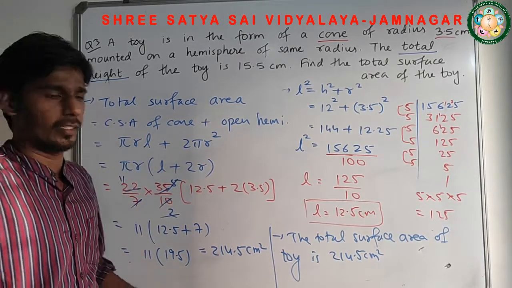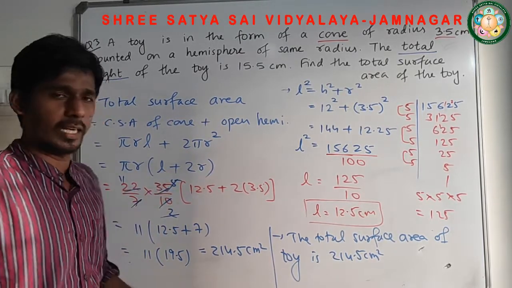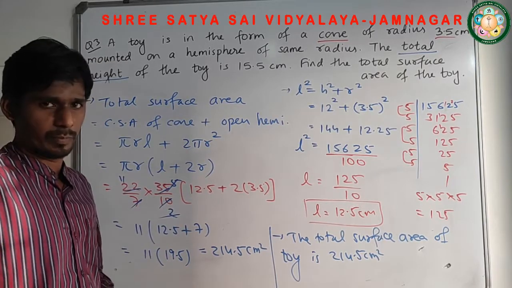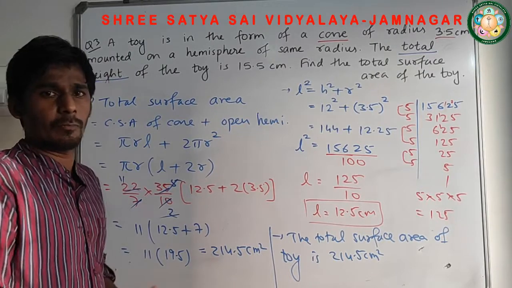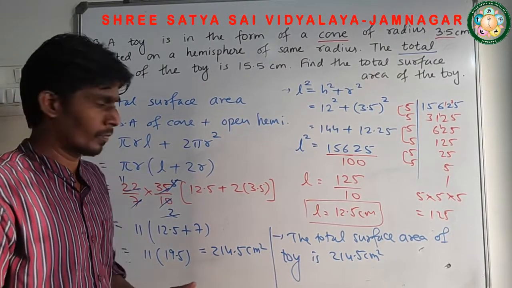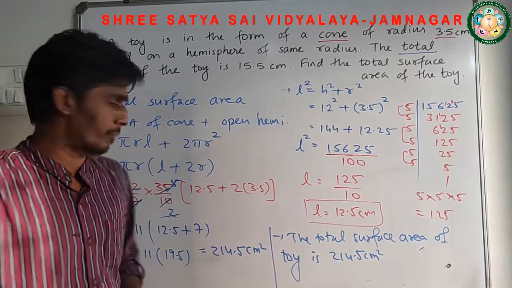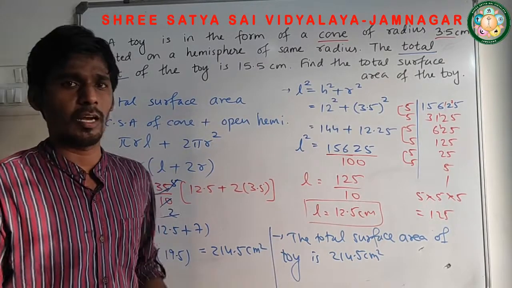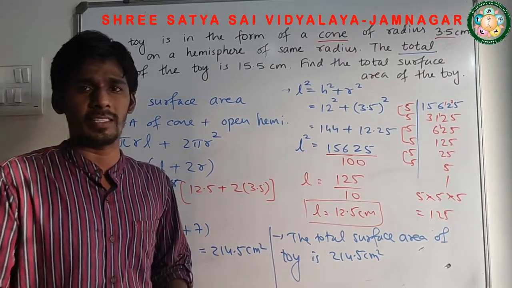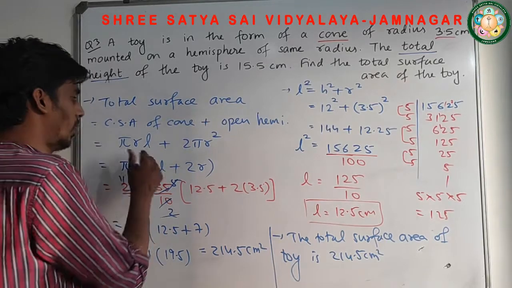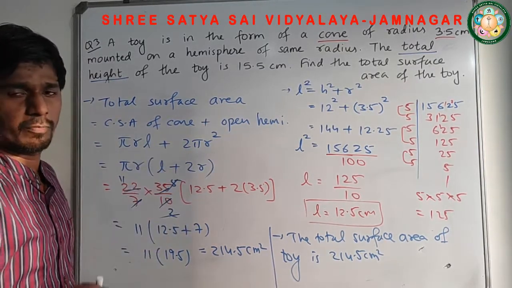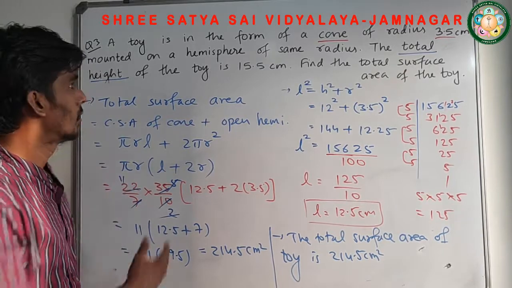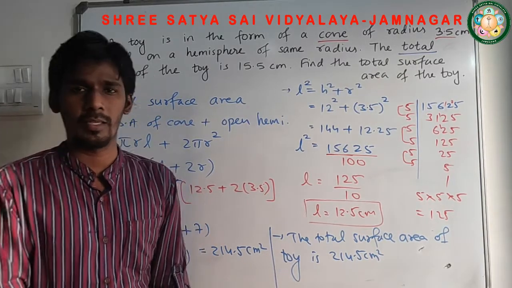and try to apply the values by yourself and try to get the answer. Don't go through this calculation by yourself first. First calculate by yourself and then you just verify your answer whether you are getting right answer or not. If you are not getting right answer, then you go through this solution how to find. Otherwise you are not able to practice it properly. So once you understand how to get the formula, just pause the video, calculate by yourself and then you do the next part. So this is the way we can solve question number 3.